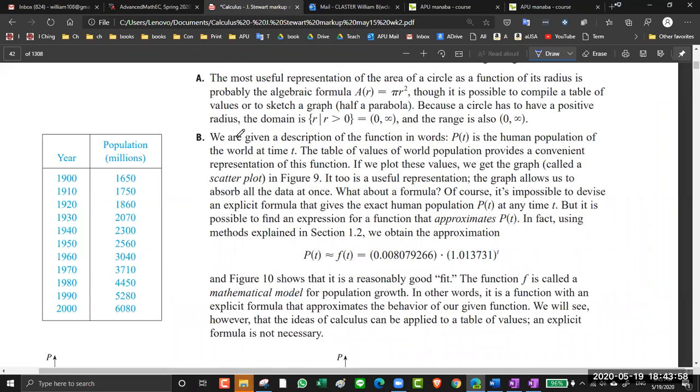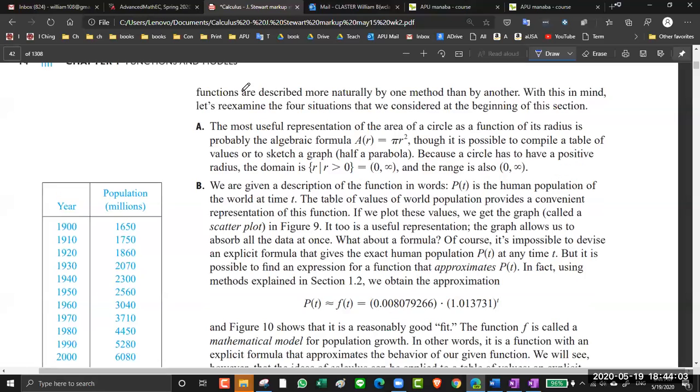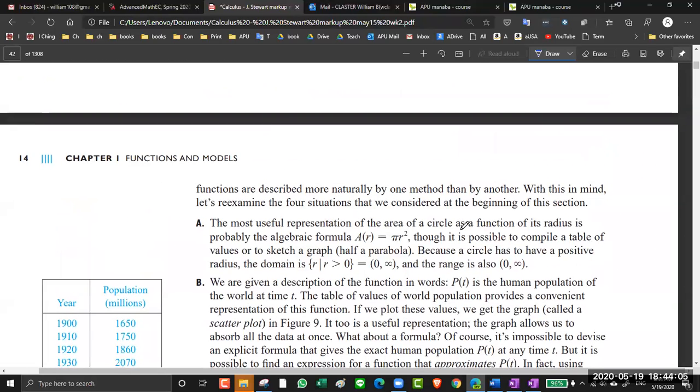Okay, let's look at this one. Here we said that A is a function of r. What does that mean? That means that the area depends on r. And the actual formula was this. So they say the most useful representation of the area of a circle as a function of its radius is to use the formula. So we could use